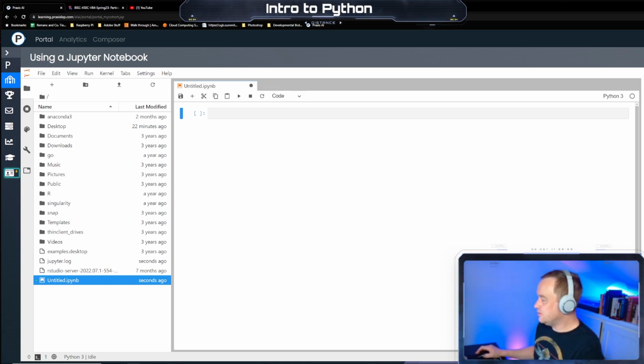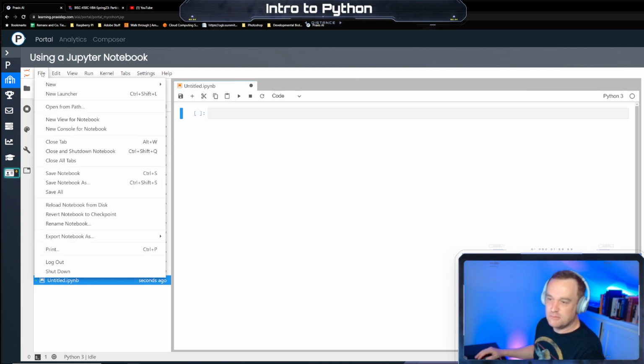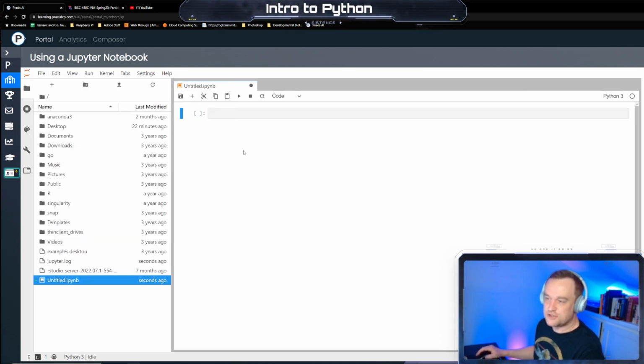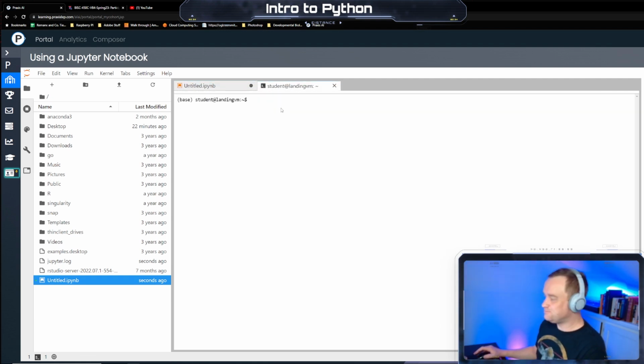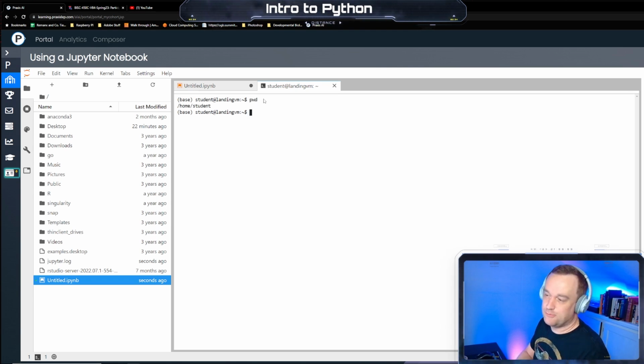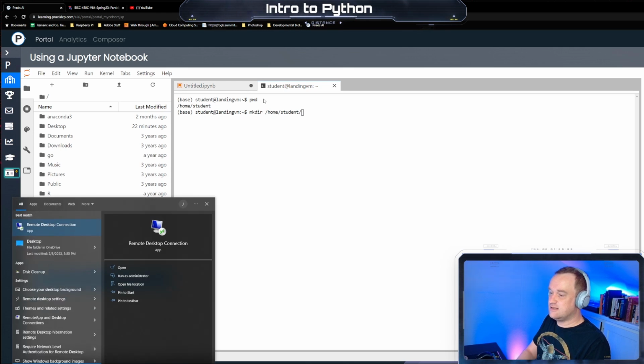The first thing we're going to do is launch a terminal. You can see you can have a new notebook and a terminal up here. But we want to clone some data to work with. If we do pwd, remember that prints your working directory, and I'm in student, which is good. And so we want to do mkdir